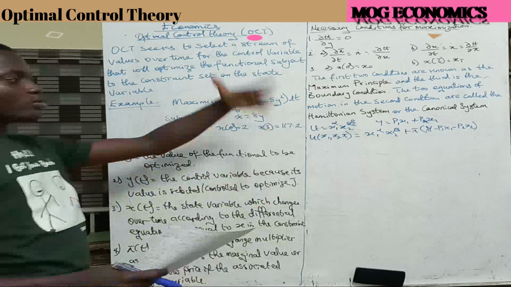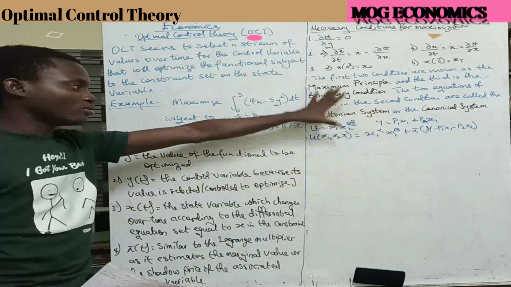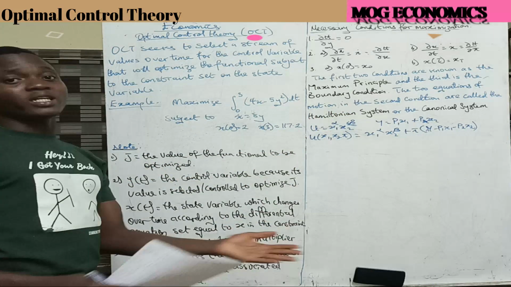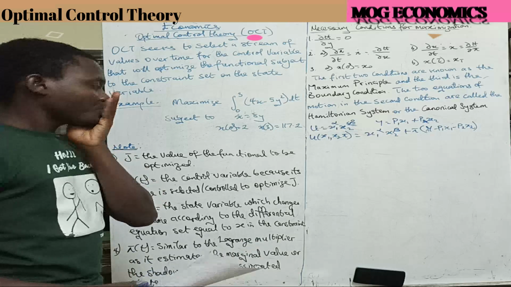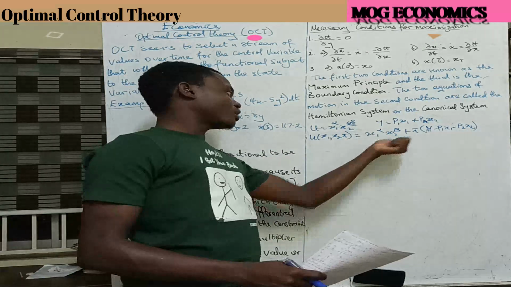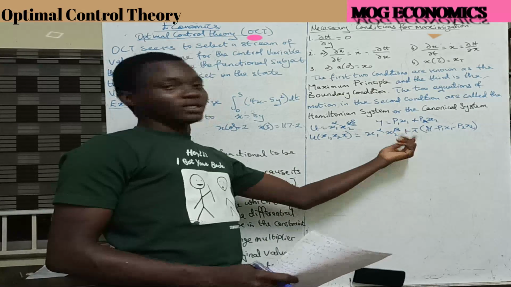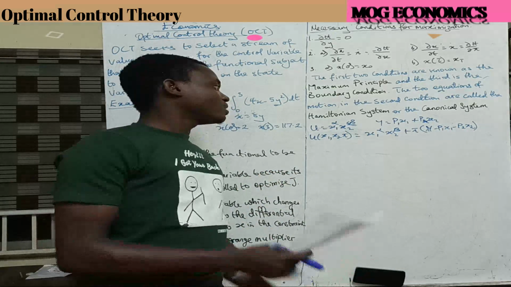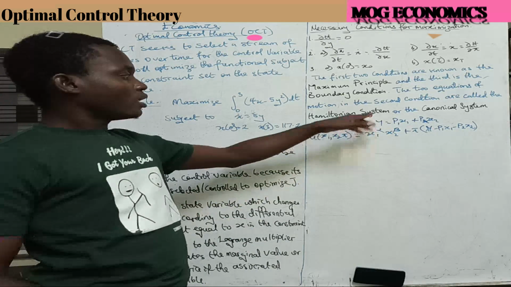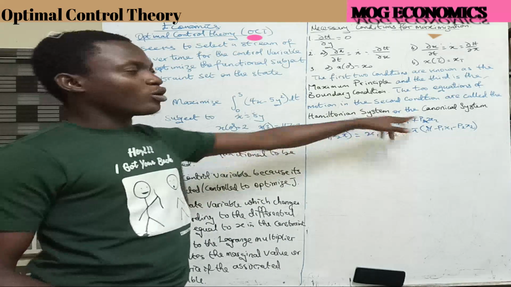So here now, you then continue the process of maximizing your utility function, getting your x1, your x2, and so on and so forth. So now, if you look at it, you are going to get the value of x1, x2, and lambda. The value of lambda, whatever you get, is telling you that if your income, which is the constant of your constraint,